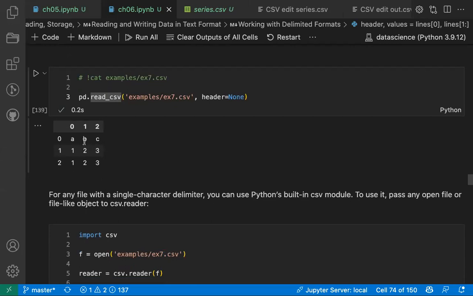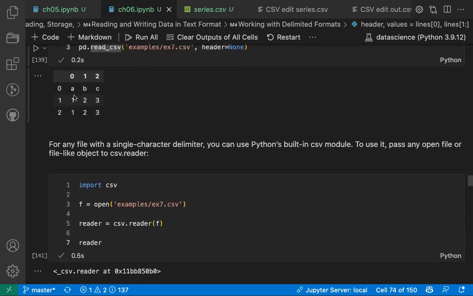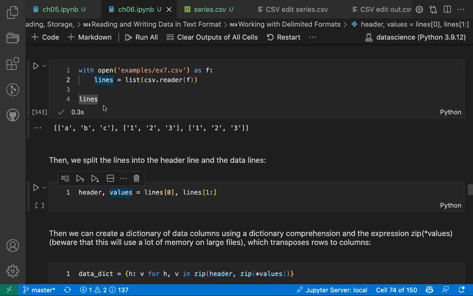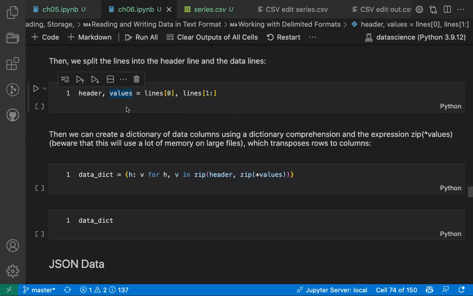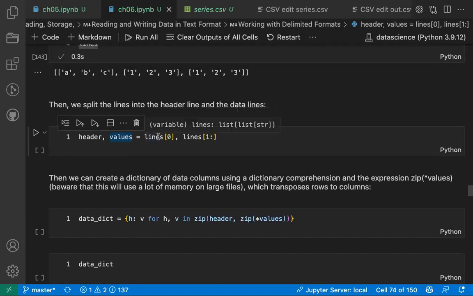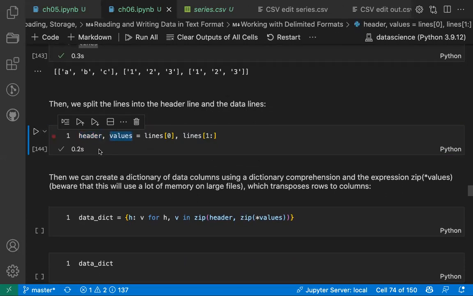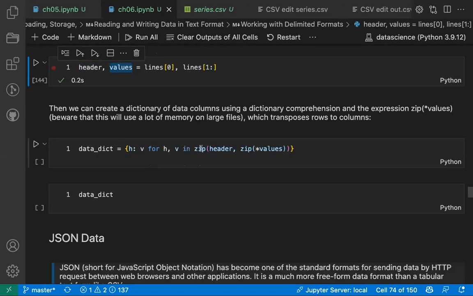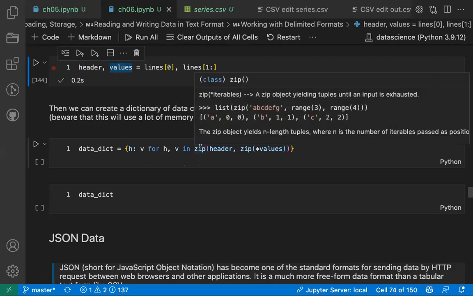Example 7. ABC is just the value of the first line, right? The first value. So what we can do is here I said, okay, line 0, that is the first value, should be the header. I assign it here, line 0, and line 1 to the end, that is the values, will be assigned to the values. So here when I run this, I can now come here and use dictionary, what we call dictionary,